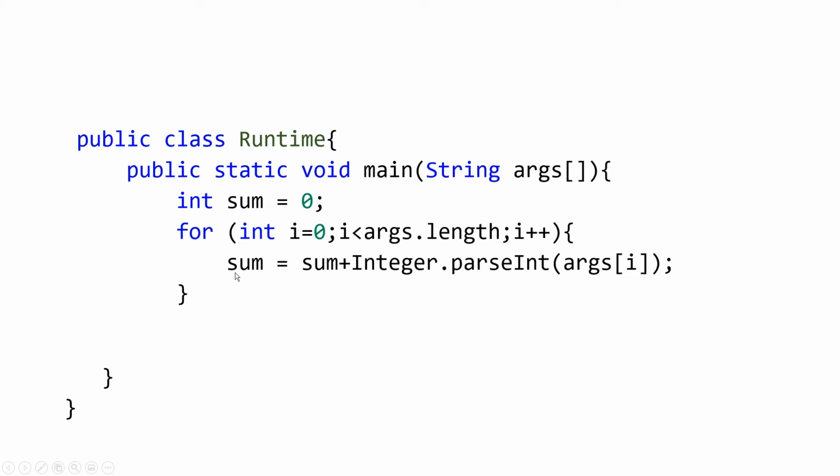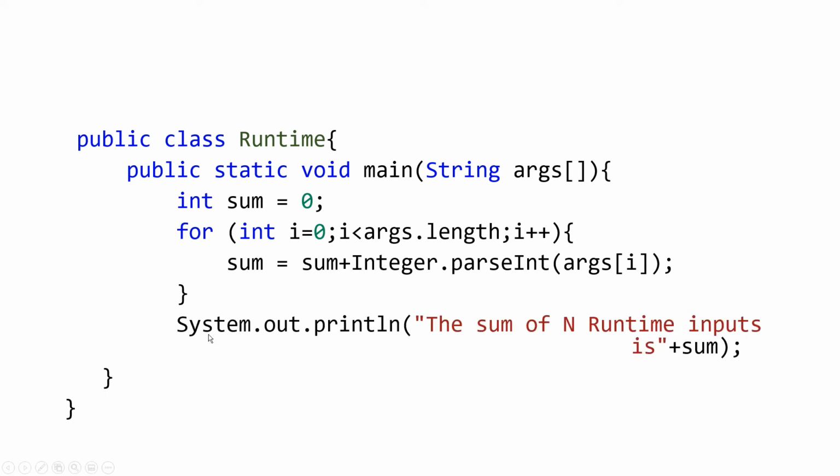Now what we are going to do is take args[i]. Initially i is 0, so the zeroth index is first converted into an integer, and then it is summed into the variable sum. In the next iteration, the value of i is 1, and that is converted to an integer, and then it's summed. We keep on doing it until we reach the maximum length of the array which is passed at runtime. Finally, when we are done with it, we just print the result by System.out.println, then the message, whatever you want to write, and then finally plus sum,